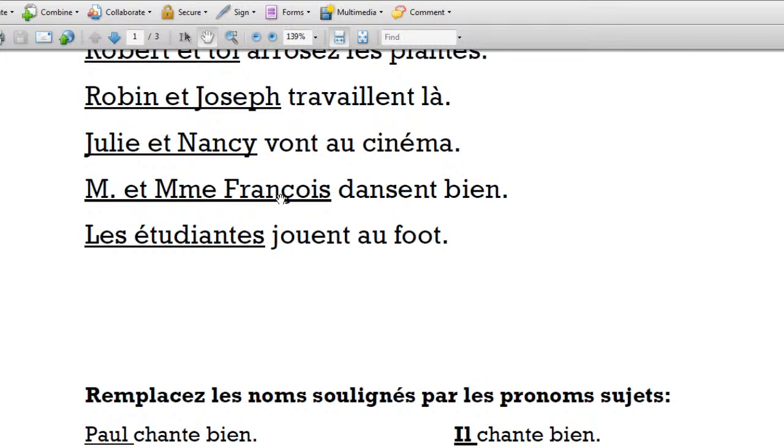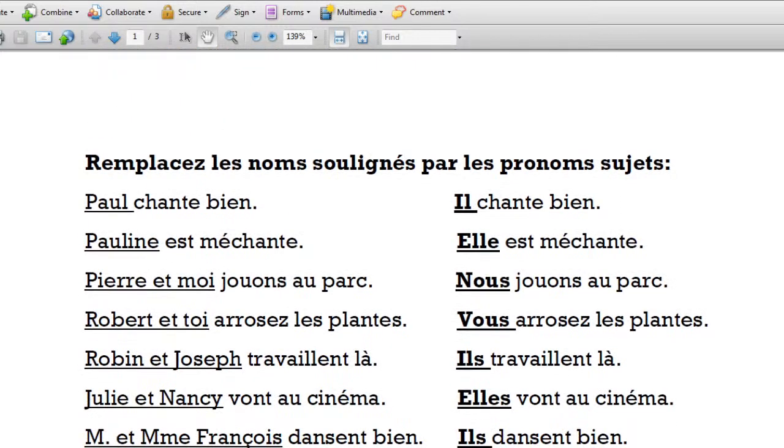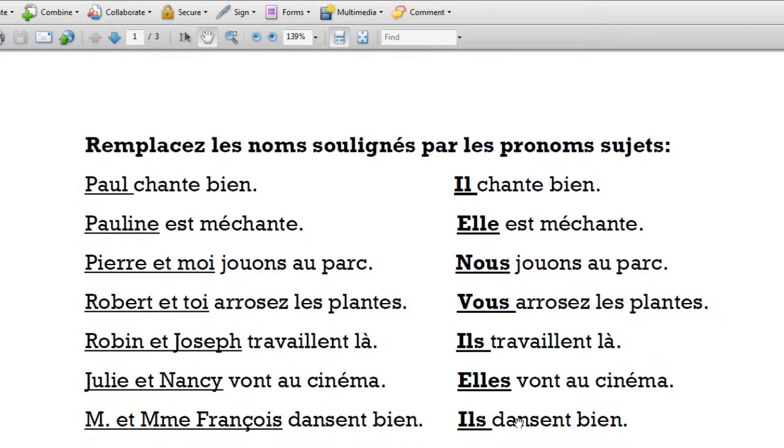Monsieur et Madame François dansent bien. Mr. and Mrs. Again here, as I told you, one masculine, Mr. François, and Mrs. François, both of them. So again, it is masculine plural. So we go for the pronoun ils. Ils dansent bien. They dance well. Okay. Then,